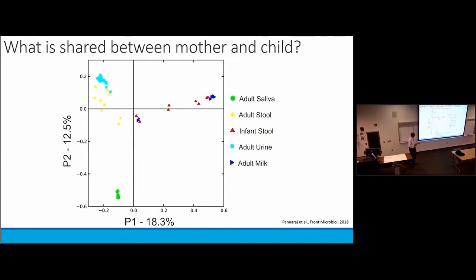So we know there are viruses from this study present in maternal milk, but also when we do this simple PCoA plot, we can see huge differences. For example, we just compared them with adult stool, adult urine, and saliva. But on this other side, we see this sort of hodgepodge of viromes which represent mother's milk as well as the infant stool. Certainly looks like there are similarities between mother's milk and infant stool. We assume those similarities occur because these mothers are breastfeeding.